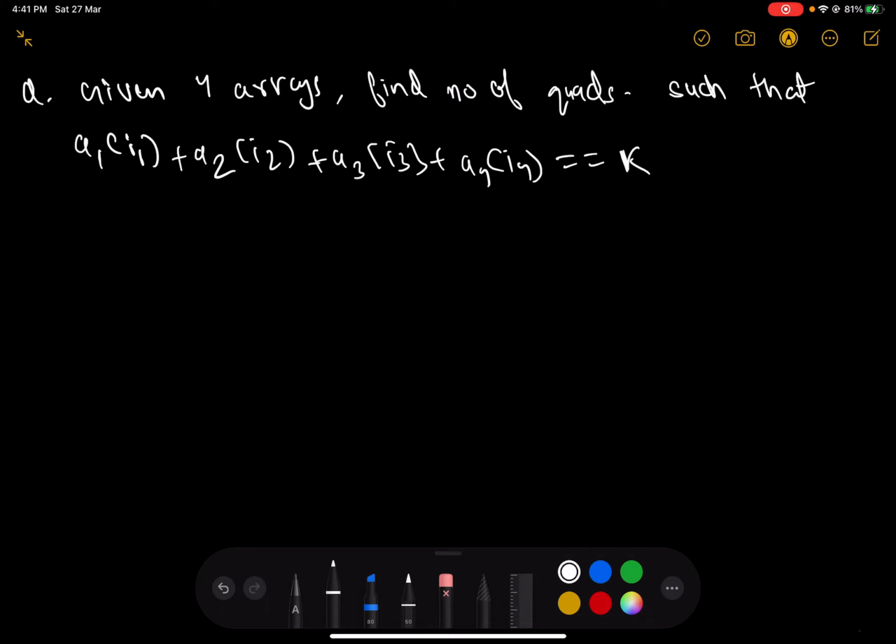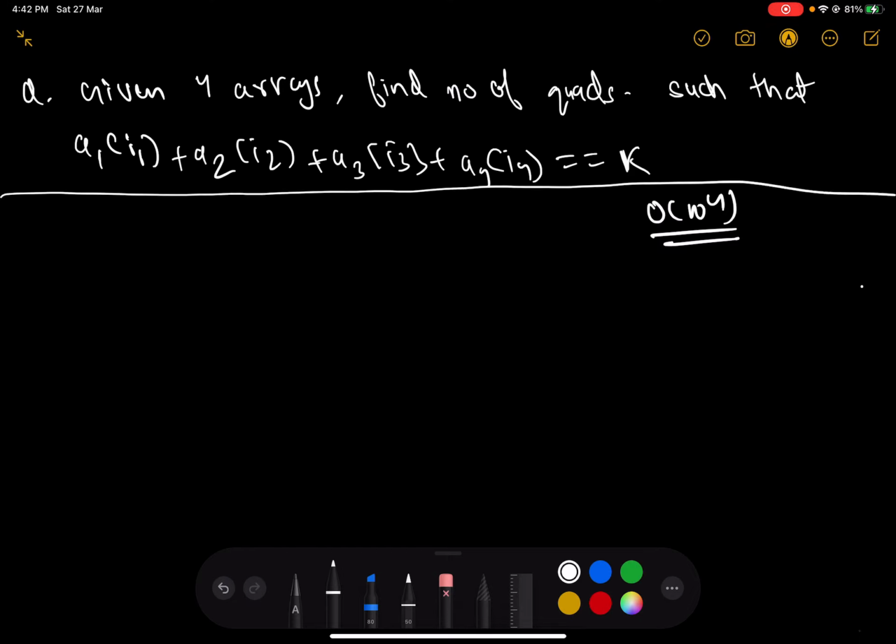Now a very naive way to solve this problem is that you can iterate through the four arrays entirely. You can have four nested for loops, and the time complexity for that will be O of n to the power 4. It's the most naive solution that you can come across, and basically you need to improve upon this. So we will start our discussion with an O of n cube solution, and then we will improve up to O of n square.